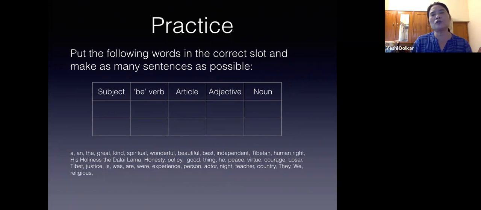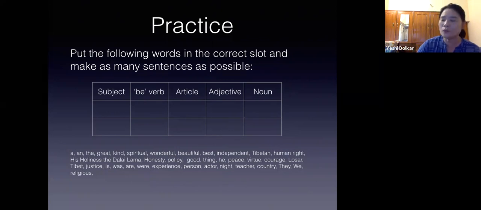So you'll see that in English there are many such words which are used in so many different ways. So you have to look at the context. Look at the sentence, look at how it is being used. And then you can say whether it's a linking verb or an action verb.